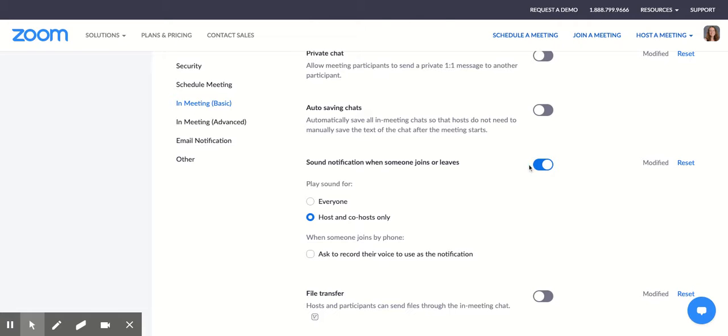I personally like this one. I have sound notifications when someone joins or leaves. So if I have this on, I put it on just so that I can hear it, or anyone else hosting with me. Basically what that allows us to do is that it gives like a ding or something along those lines